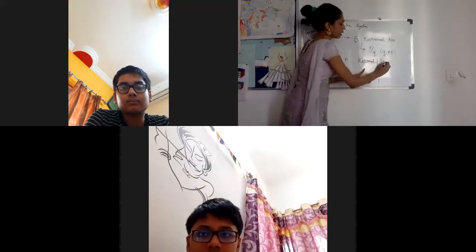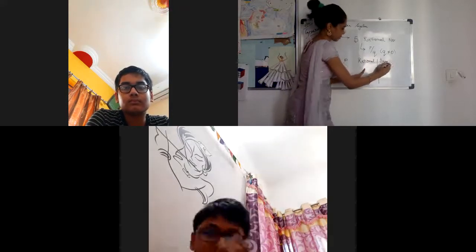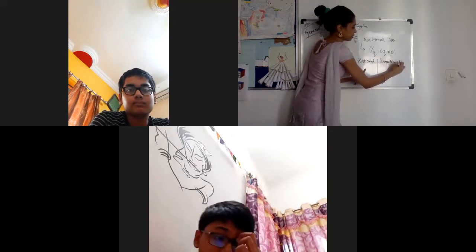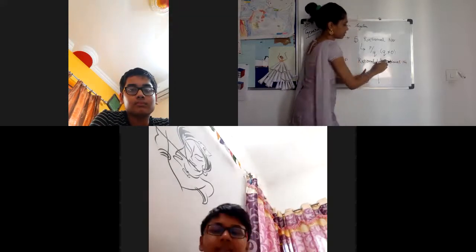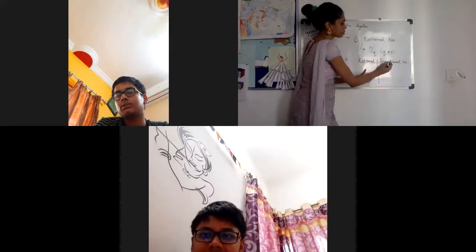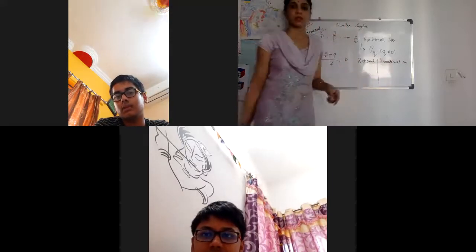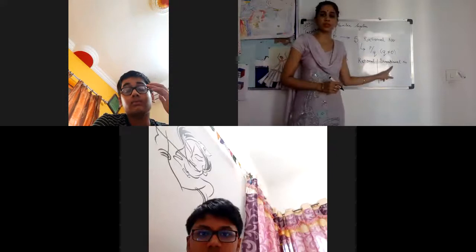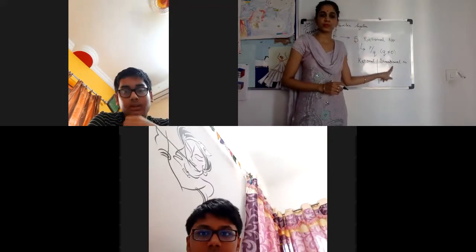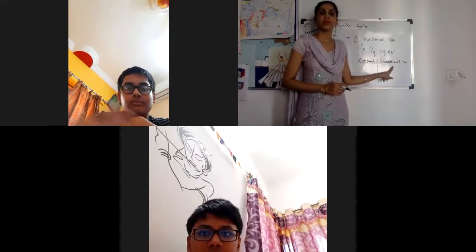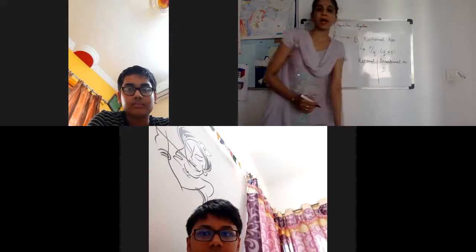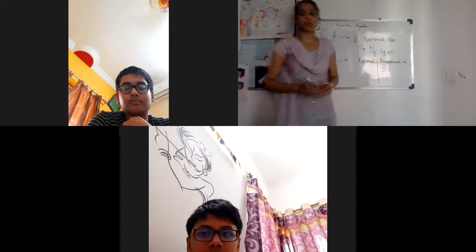What are irrational numbers? Who will tell? You must have definitely heard about irrational numbers. What are they? Can you give me an example of any irrational number so that I can explain to you? 3.14, like the value of pi. Yes. So pi is the most common example of an irrational number, students.